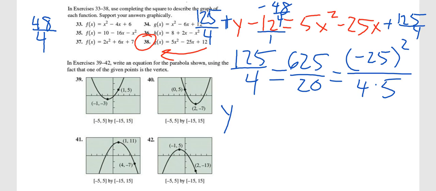So on this side, I have y plus something over 4. What is that? 125 take away 48. I heard a 77. Is that correct? Because if I take away 50, that'd be 75. So if I add 2 back, yeah, that's 77. Okay. Now, on the other side of this,